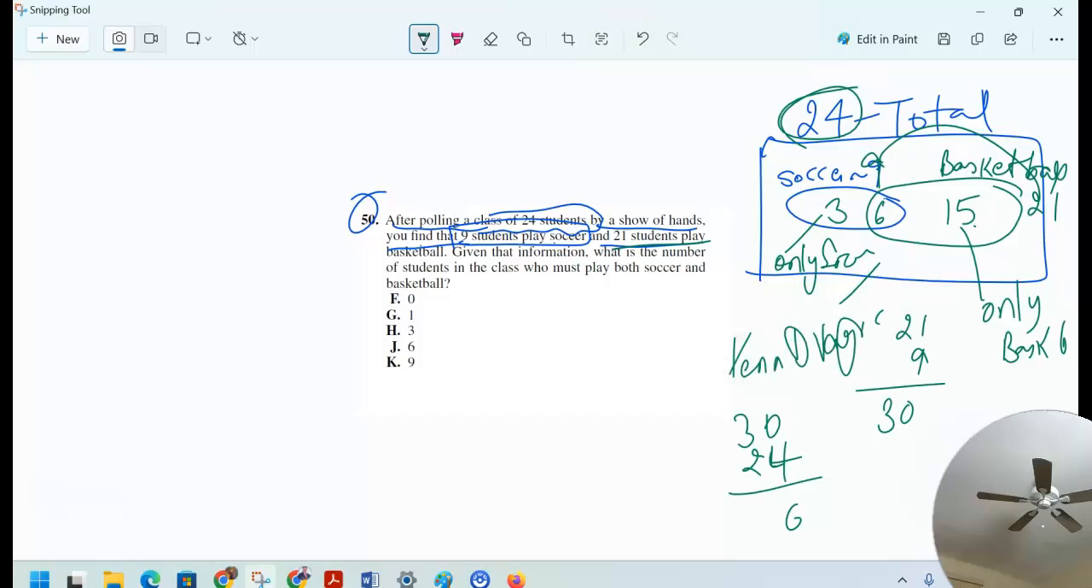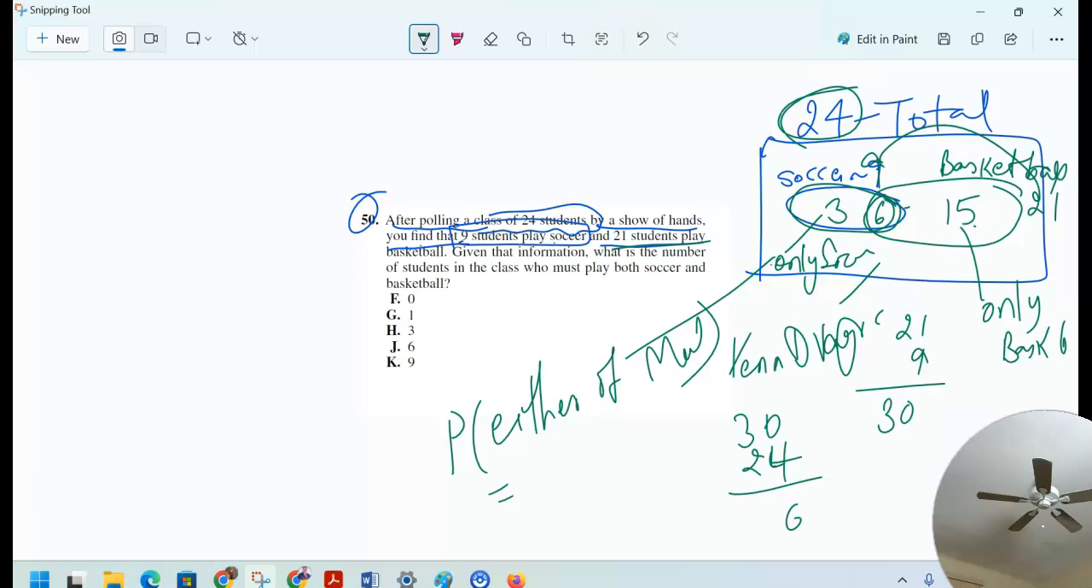Okay. So that way, they may ask, what is the probability? If you select a student, what are the chances that the student plays either of the matches? So what you are doing is you are actually adding probable chances that the